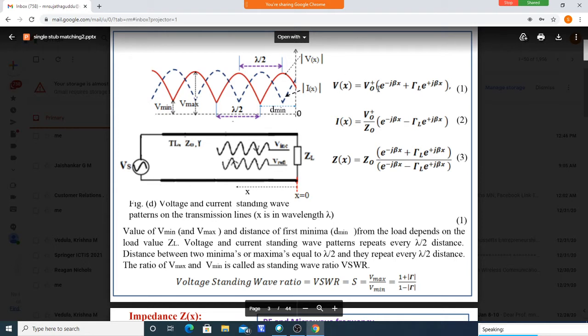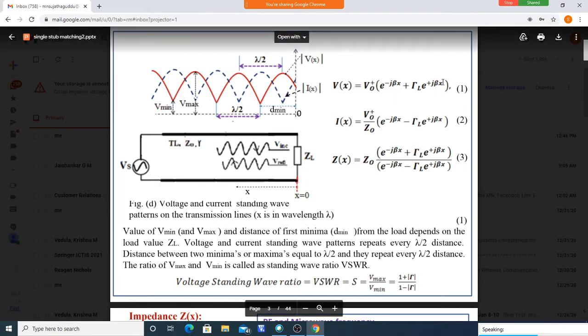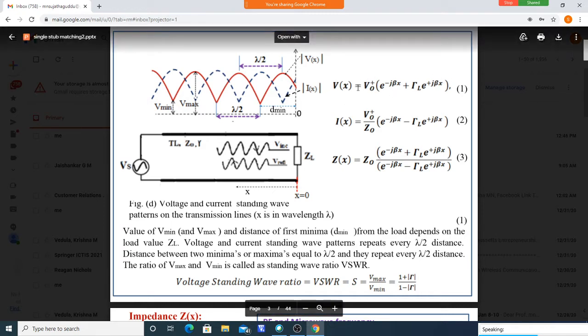You take V of x, it is the addition of an incident wave and a reflected wave. This is representing the incident wave, and this is representing the reflected wave. So at any position, it is the addition of these two waves, reflected and incident. That combination of both gives the result. If you take the magnitude of that,